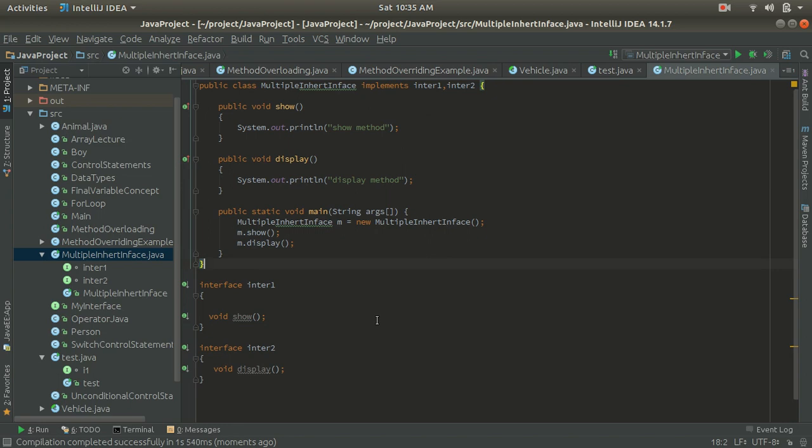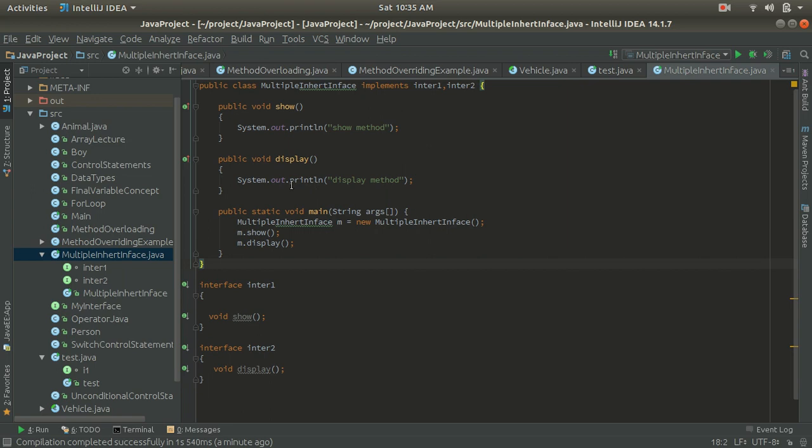We can use the multiple inheritance concept in Java with the help of the interface only, and this is the example of that. Here I am implementing the inter1 and inter2 interfaces, so I have to override all the abstract methods of these interfaces.